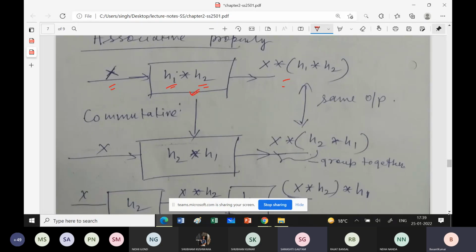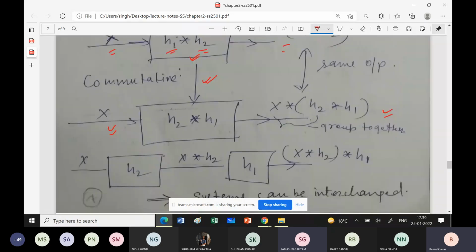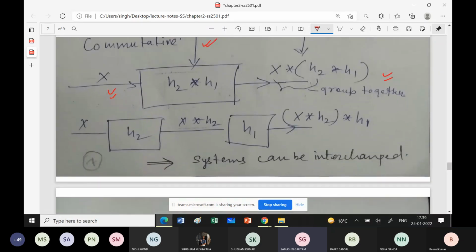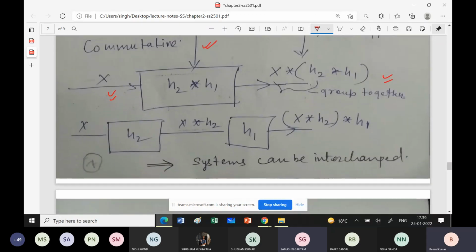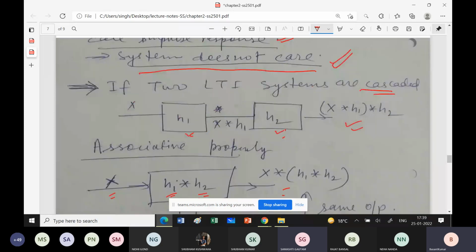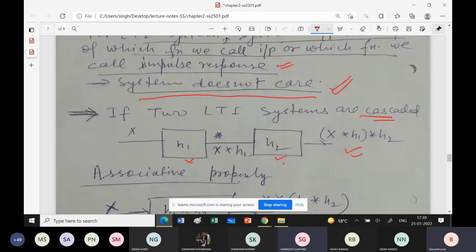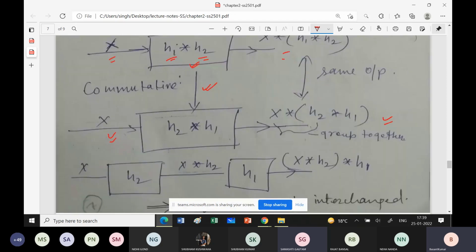ये कहां से आया? ये कम्युटेटिव प्रॉपर्टी है, ये प्रॉपर्टी हमने लगाया। और इस केस में क्या है कि x(t) अगर इनपुट है तो आउटपुट हमें ये मिल गया, ठीक है। अब इसमें कुल मिला के इस ऑपरेशन से ये समझ में आता है कि अगर सिस्टम कास्केडेड है, if two systems are cascaded, अगर दो सिस्टम कास्केडेड हैं, ठीक है, एसोसिएटिव प्रॉपर्टी से ये समझ में आता है कि आप सिस्टम को इंटरचेंज कर